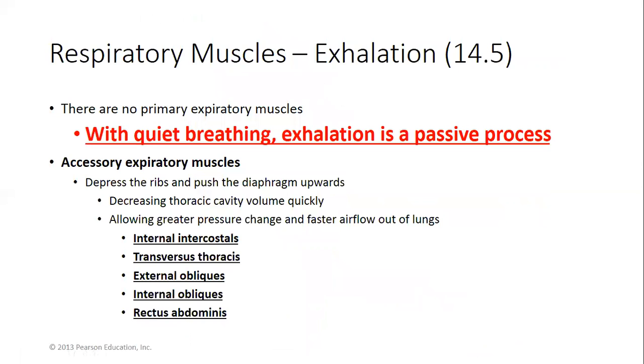There are no primary expiratory muscles. So there's primary inspiratory muscles, the diaphragm and the external intercostals. But when you breathe out in just quiet breathing, it's just those muscles relaxing, decreasing the size of the thoracic cavity, the volume, and increasing pressure, which pushes air out. But to expire